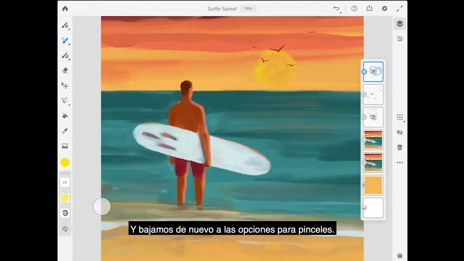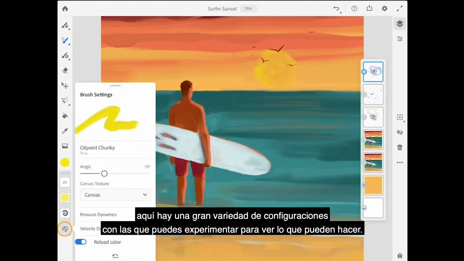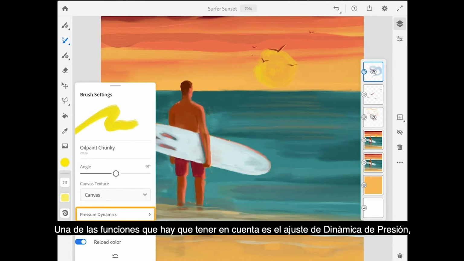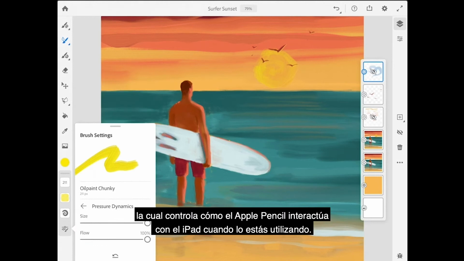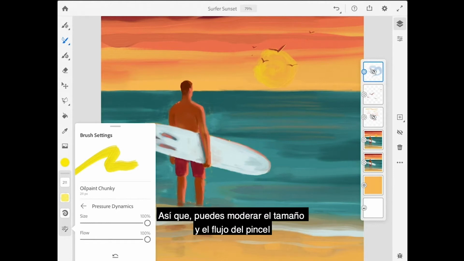And let's go down to the brush settings now. There's a variety of different settings here you can experiment with and see what they do. One thing to take note of is the pressure dynamic setting, which will control how the Apple Pencil interacts with the iPad when you're using that. So you can have the size and the flow moderated by how much pressure you're using with the Apple Pencil